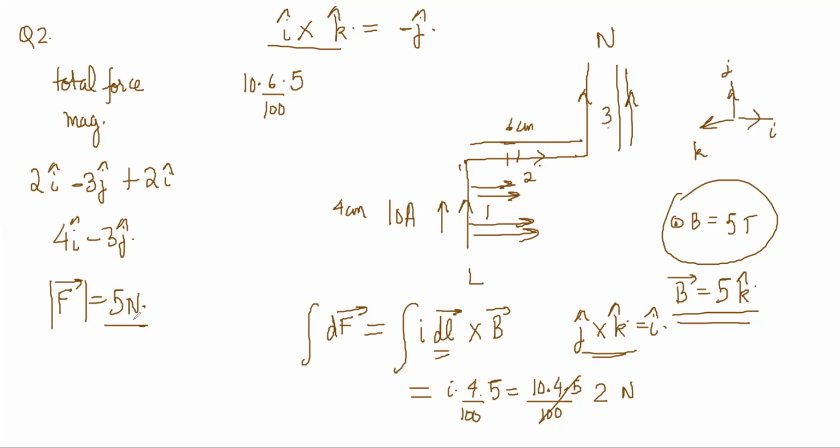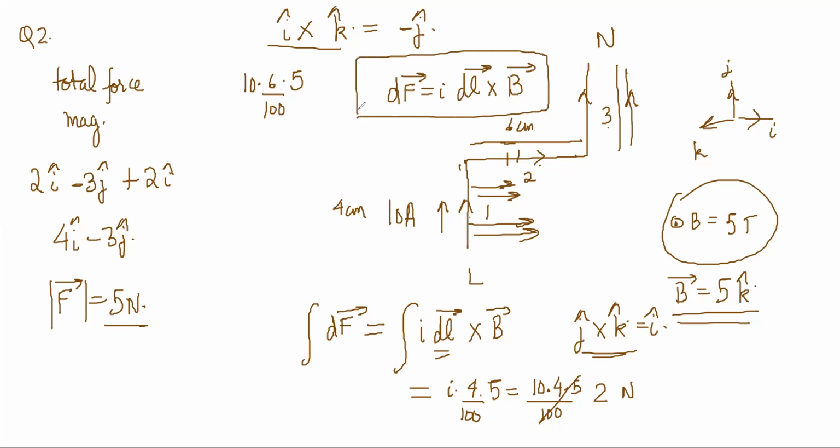So now you can see the options. See, 5 Newton is an option. So basically, whenever you are doing forces, you have to apply this equation properly, I dl cross b. Notice that in every question of this chapter, all the time you have to take care of directions, take care of cross products. In your Biot-Savart law also, all the time I was using the definition, and I always do it by the u naught I by 4 pi dl cross r by r cube.